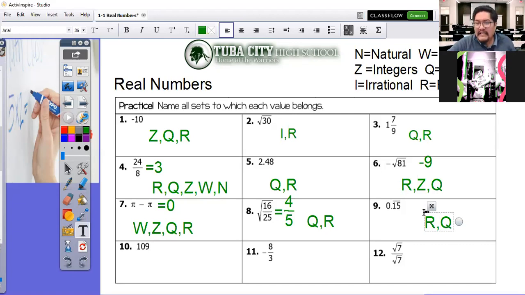But well, in this case, I know it can be written as a fraction. I just don't have it right off the top of my head, but that one's actually a really tricky one. Number 10. Now this is